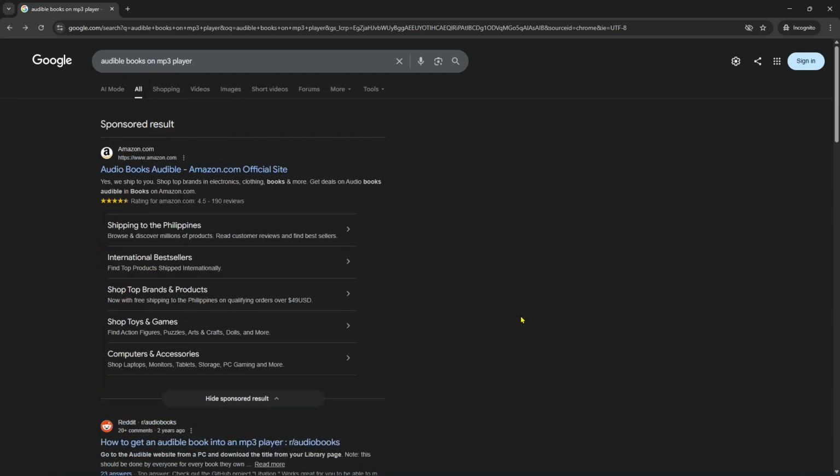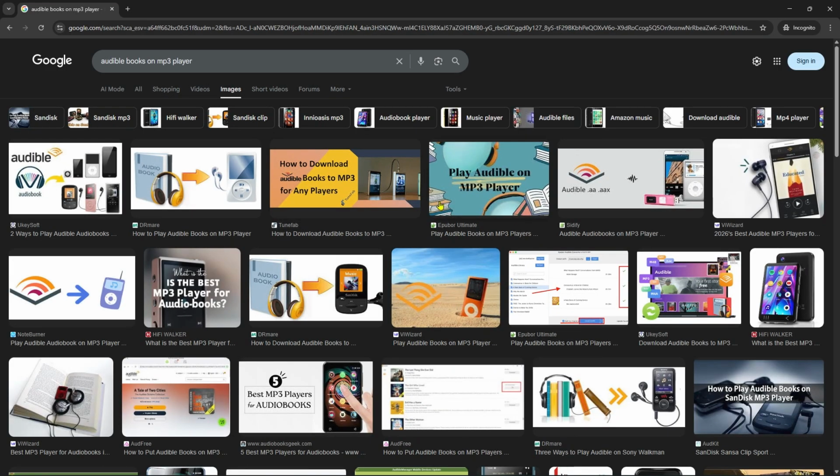Once your files are converted to MP3, simply connect your MP3 player to your computer via USB, then create a folder for your audiobooks if needed. After that, drag the MP3 files into it. Simple as that, and then safely eject your device, and you're ready to enjoy Audible titles on the go without